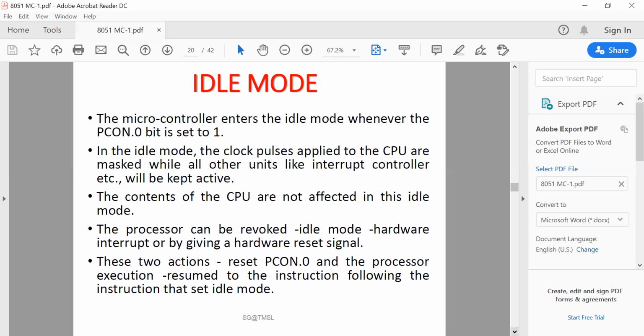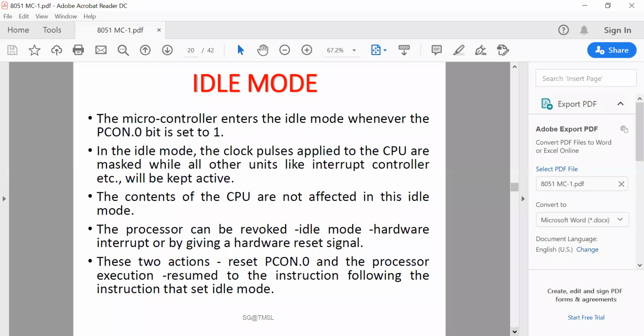The oscillator is still running, so the on-chip components like the RAM, timer, serial port, interrupts, program counter, stack pointer, program status word and accumulator retain their values as long as VCC is maintained high. That is, if supply voltage is given, they retain their values. Now, termination of idle mode can be done by either using an interrupt or using the reset signal.